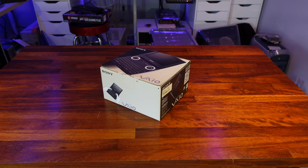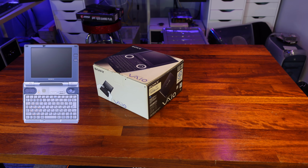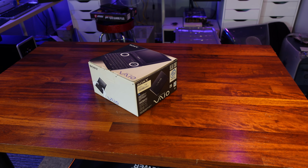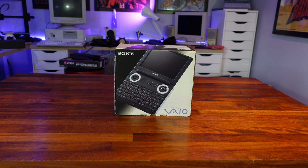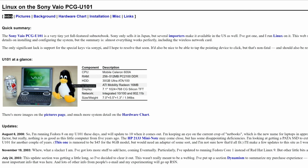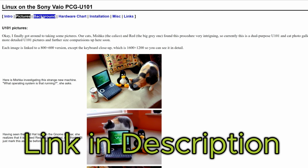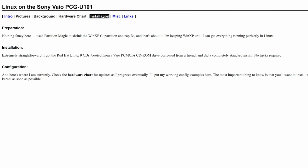The PCG-U line were a short-lived run, starting with the PCG-U1 back in 2002, followed by the U3 later that year, and finally this PCG-U101 a year later in 2003. I found my original PCG-U101 on eBay after googling ultra-portable laptops and finding one of them newfangled weblogs belonging to one Matthew Miller, where he shared his views on his Sony PCG-U101. I had to have one, and sure enough there was one available on eBay, and around £500 later it was